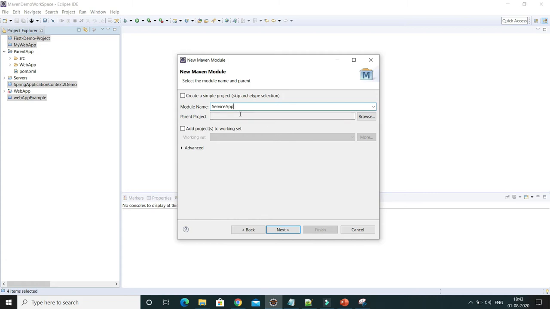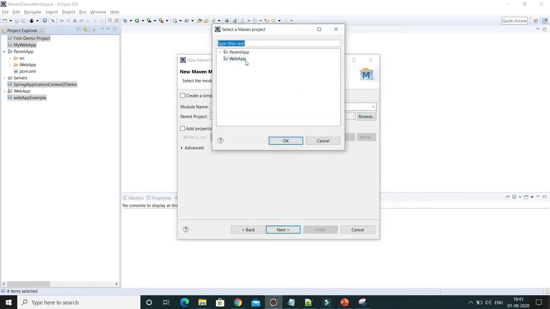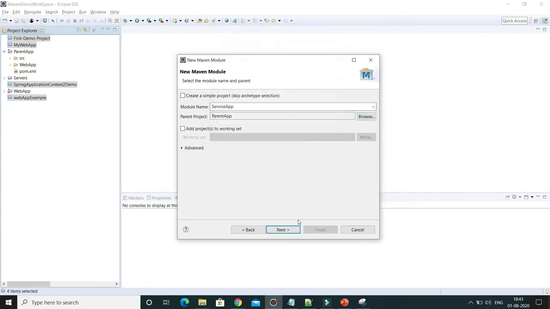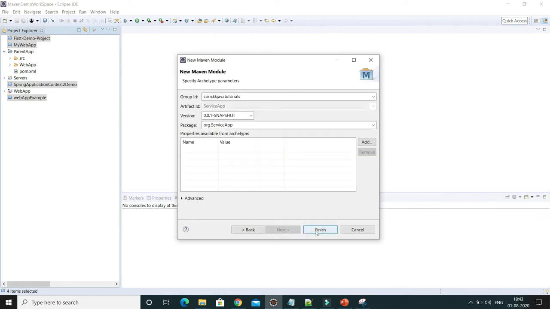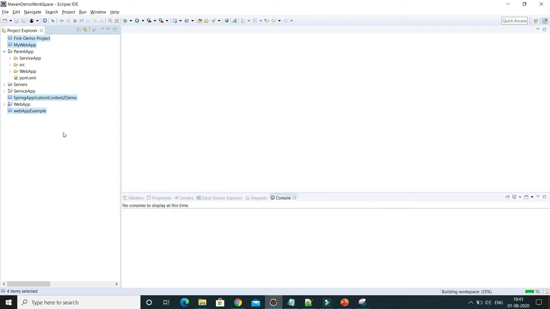If you want to segregate service and DAO, then you can create one service app and a second data access app or something like that. But here I'm going to limit myself to only two child projects. You can create many child projects in this way, right? Now I'm going to browse the parent, which is parent-app, click on Next, Next, and Finish.